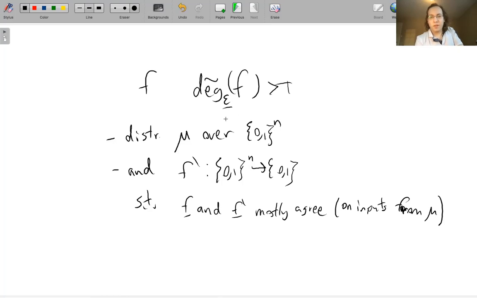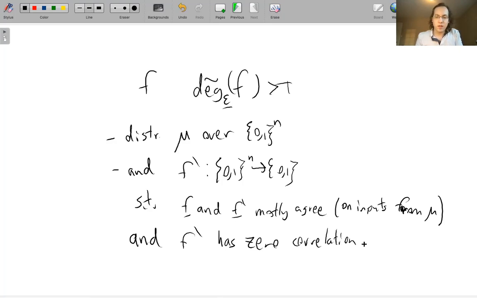That depends on epsilon, something like 1 minus epsilon. So f and f prime have to mostly agree on inputs from mu, and f prime has zero correlation with all low degree monomials